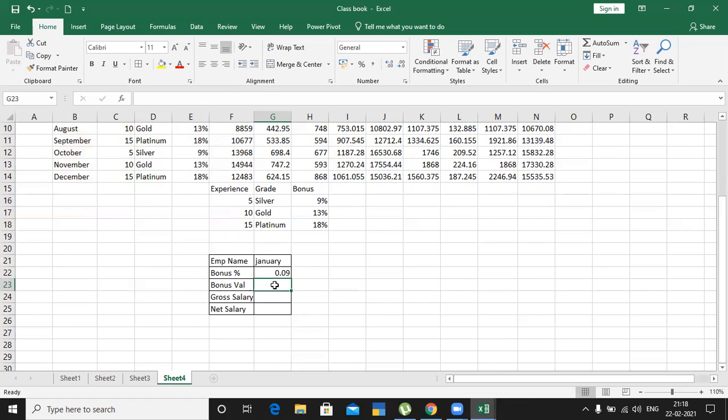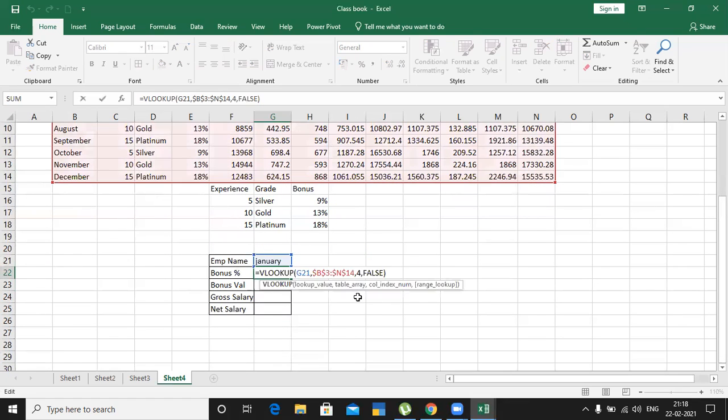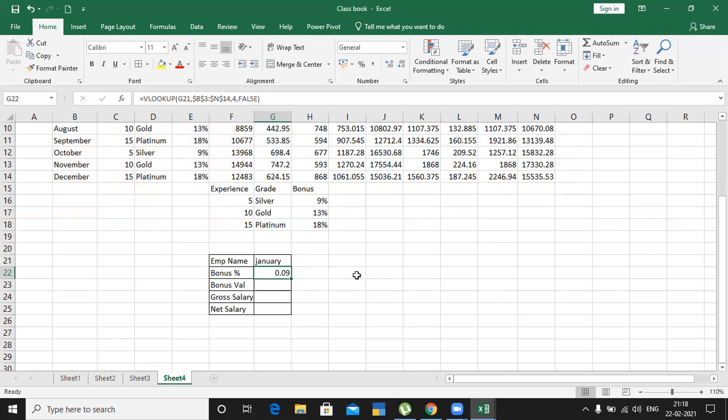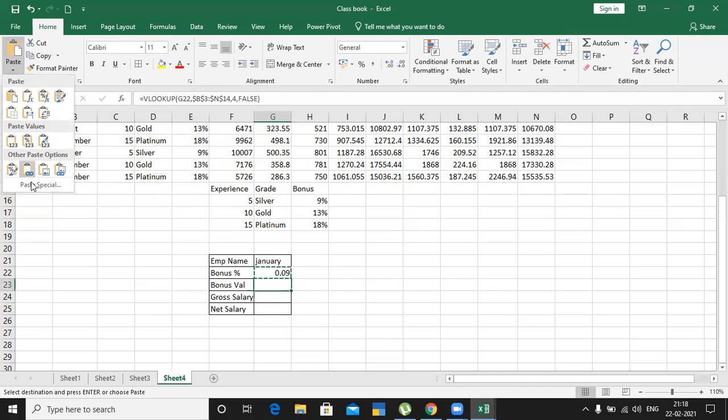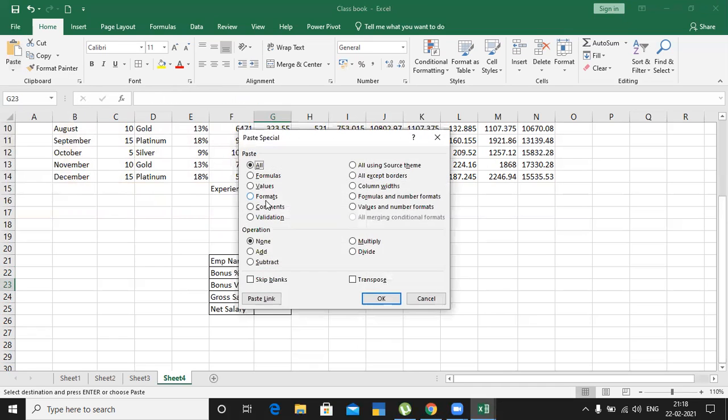Next, how can I do it for the next one? Now I wanted to copy the same formula for the next cell. Do copy, then go to paste. While pasting the formula, go to paste special and select formulas.